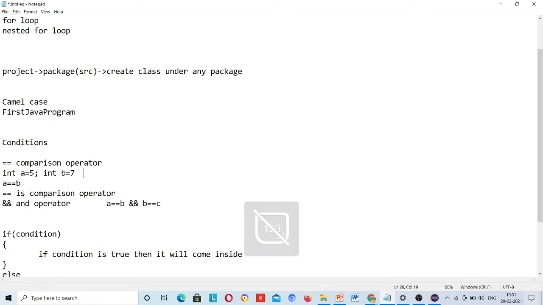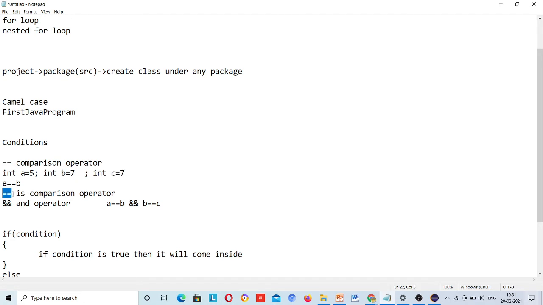Right, suppose I give here like int b is equal to 7. Okay, so here you can see double equals to is a comparison operator. I have assigned values a is equal to 5, b is equal to 7, and suppose c is equal to 7.